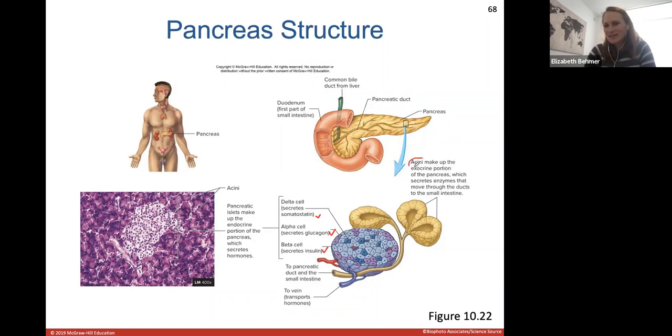Surrounding here are what we call the acini, which are the exocrine glands that will secrete their digestive enzymes directly through a duct. And this duct will be the pancreatic duct that takes those digestive enzymes and empties them out into the duodenum, or your small intestine. But we're going to focus on these pancreatic islet cells, which will secrete our hormones to help regulate blood glucose